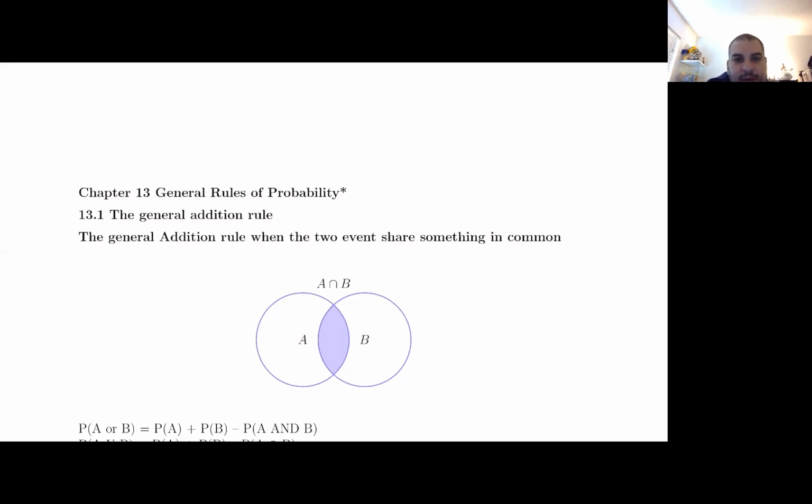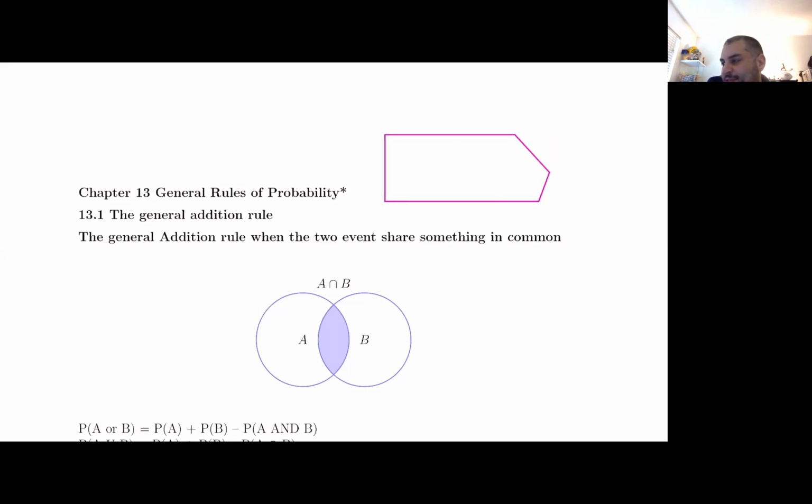Okay, so today we're going to start off with chapter 13. Chapter 13 is the general rules of probability. The first rule of probability that we're going to go over is the general addition rule. The general addition rule is for when you have data sets that are not mutually exclusive. If you remember, for a data set that is not mutually exclusive,